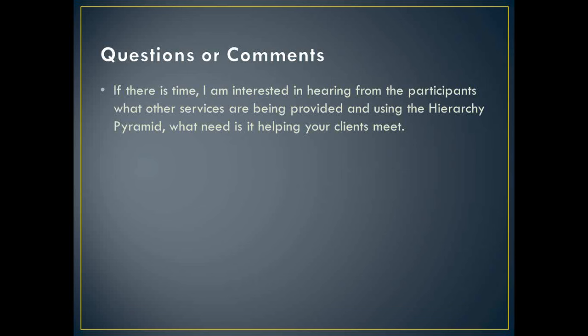All right, we've got a few comments and questions that came in. The first one is, where or how do severe and chronic substance abuse apply to the hierarchy? And actually, I have some references, so when this is posted, there are agencies that have actually used this model, substance abuse agencies,